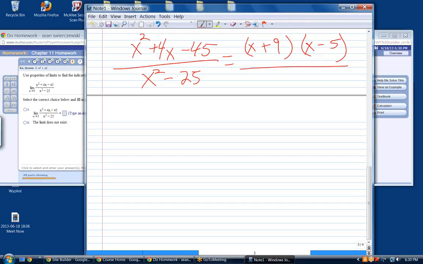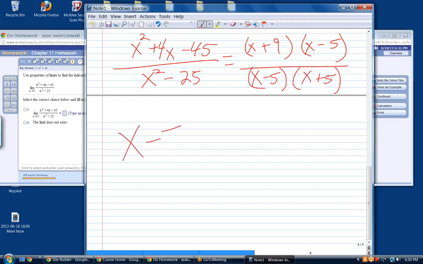And the bottom, what's this called? It's called the difference of perfect squares. So it's x plus 5, x minus 5. Yeah, in calculus, it doesn't have to be perfect anymore. In other words, if I said factor this,